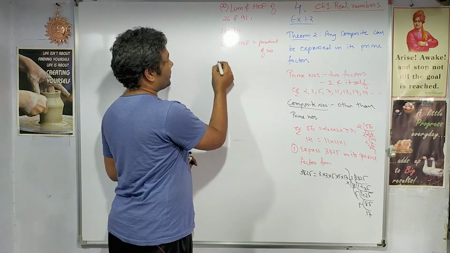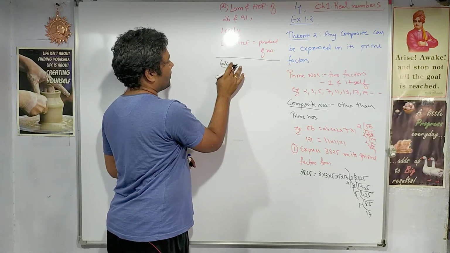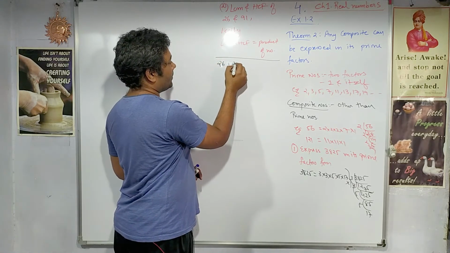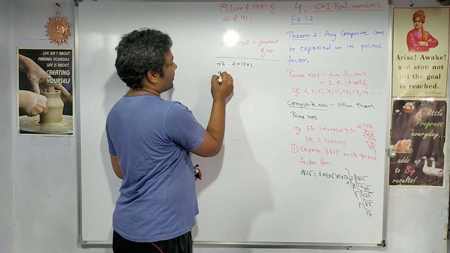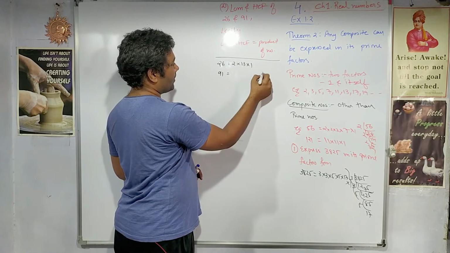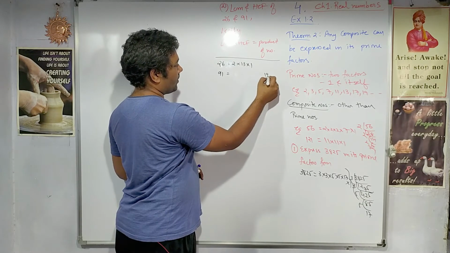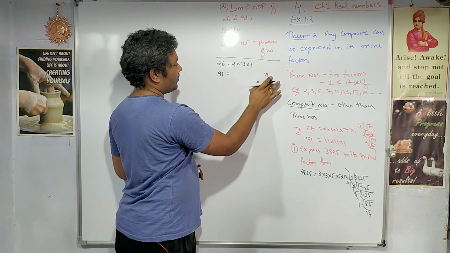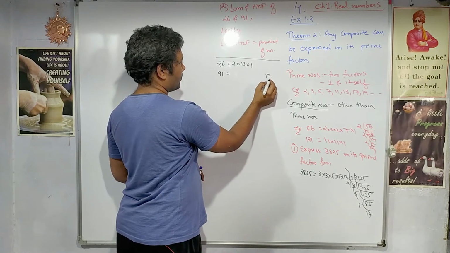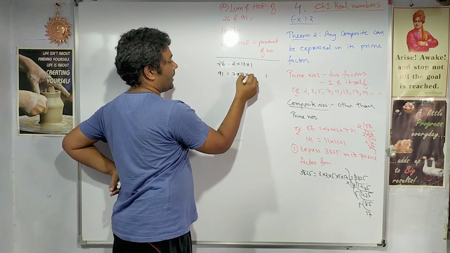First we will find the prime factors. The prime factors of 26 I can directly write down, no need to divide, since it is a small number. 13 2s are 26. And for 91, it will be 7. 13 7s are 91.